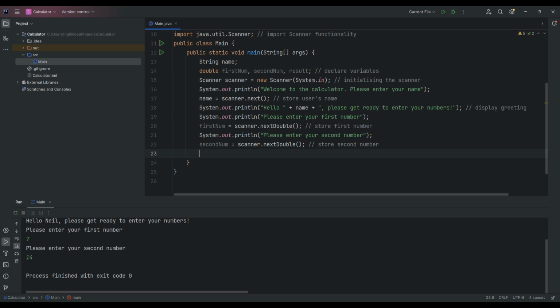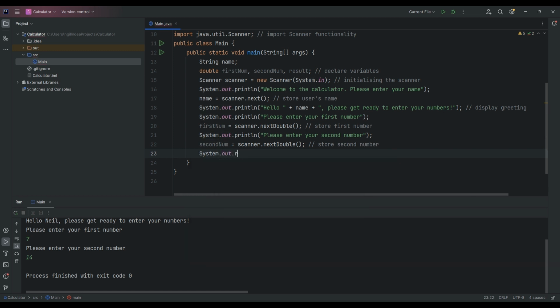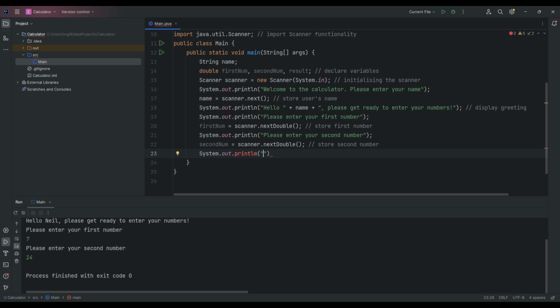So exciting stuff. First time we've seen a menu so far. We're just going to use a nice little System.out.println. Hopefully you're learning all these little statements like System.out.println and public static void main and Scanner equals new Scanner, and all the little lines of code that we use all the time. Now, for the System.out.println, I am going to say